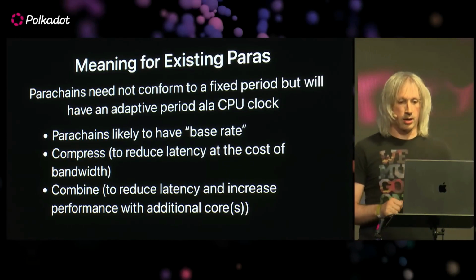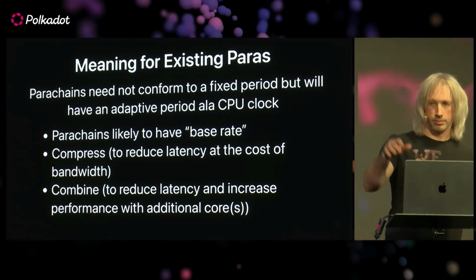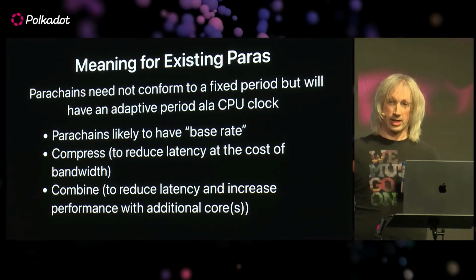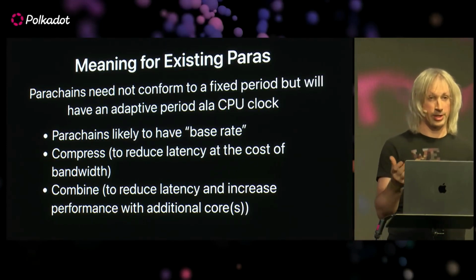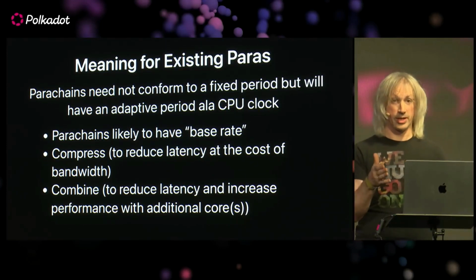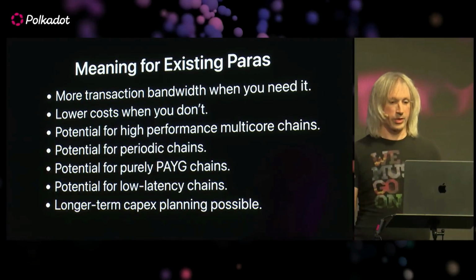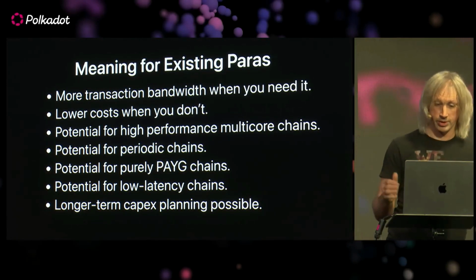Or they could be combined. So you can take 2 cores that are existing at the same time slot and actually get 2 full parachain blocks through, effectively reducing a parachain's time from 12 seconds to 6, or even from 6 seconds to 3. What this actually means in total is more transaction bandwidth when you need it, lower costs if you don't need it,